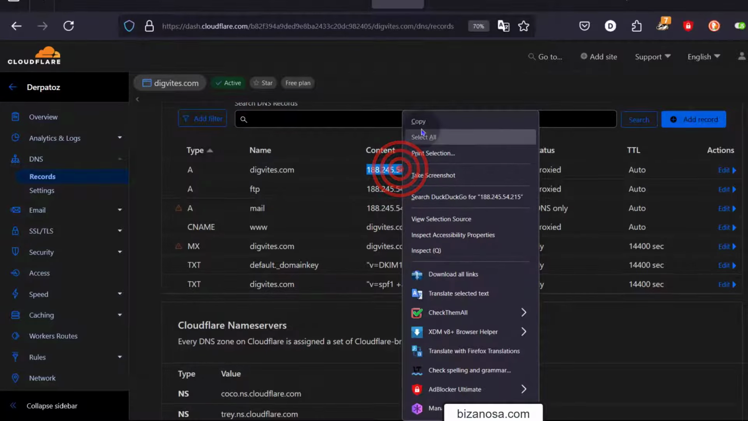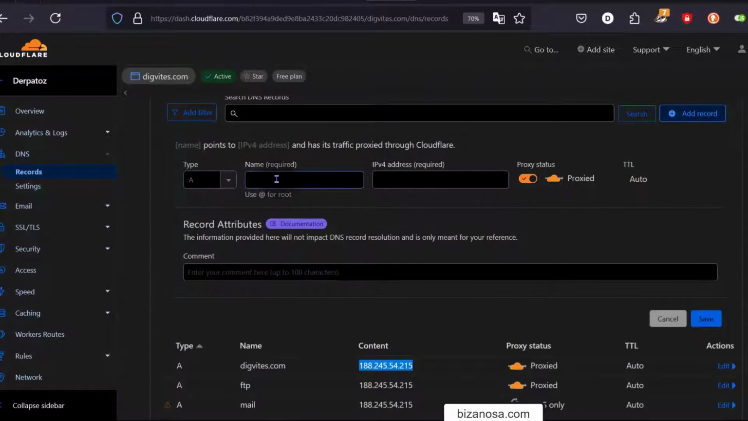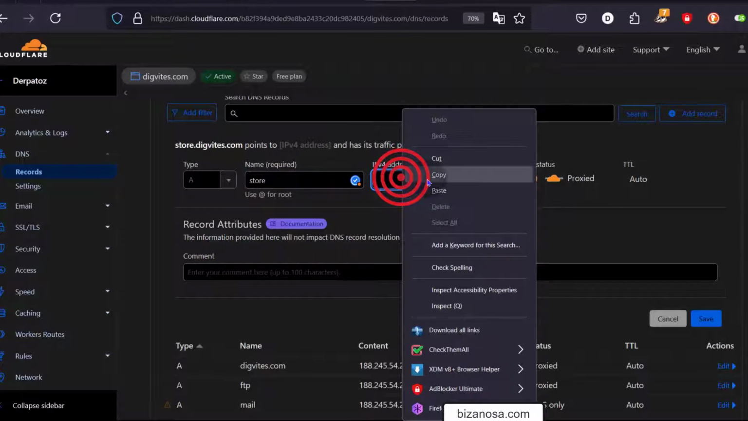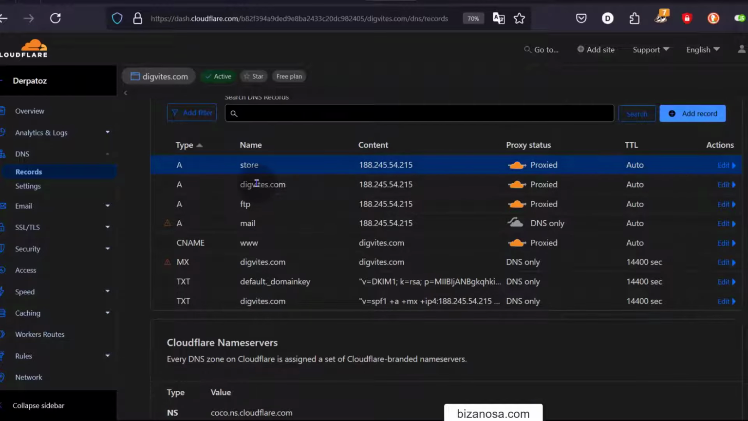And I'm going to copy, and I need to add an A record for store. We're going to add a domain called store on cPanel. Let me paste that and I will save. Now that's the bare minimum. Even now, if I was to go to,